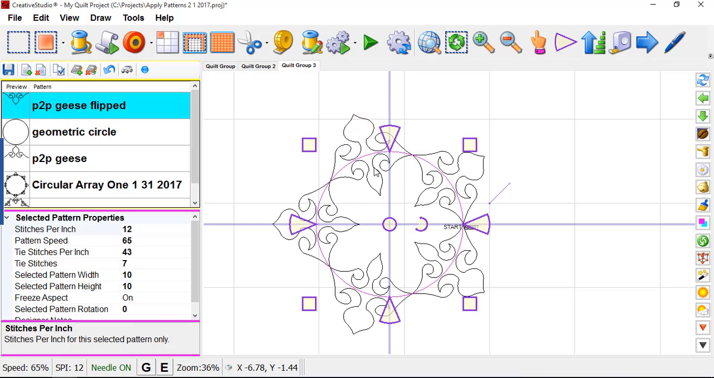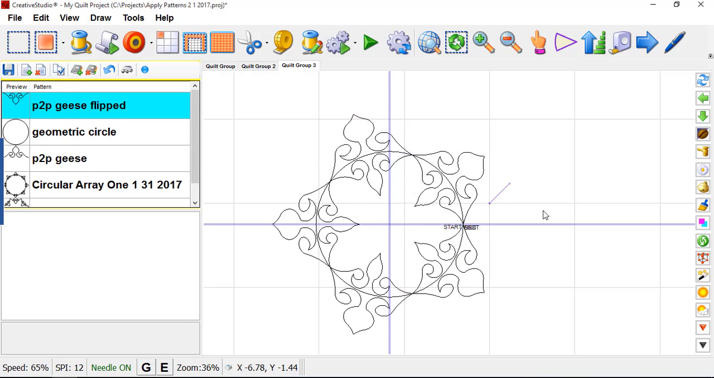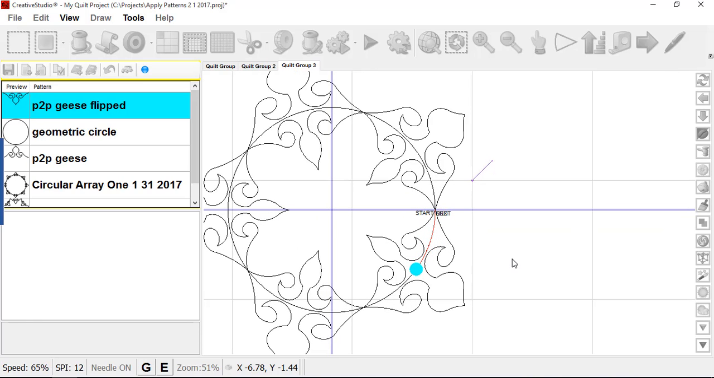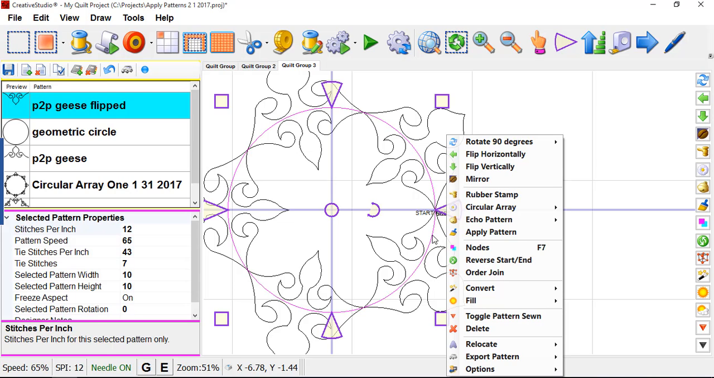Now, these will stitch out. See if a virtual stitch out will work here. Yes. It's going to start. It's going to do my circle. I'm going to stop that. I don't want the circle to stitch, so I'll convert the circle to a, matter of fact, I'm just going